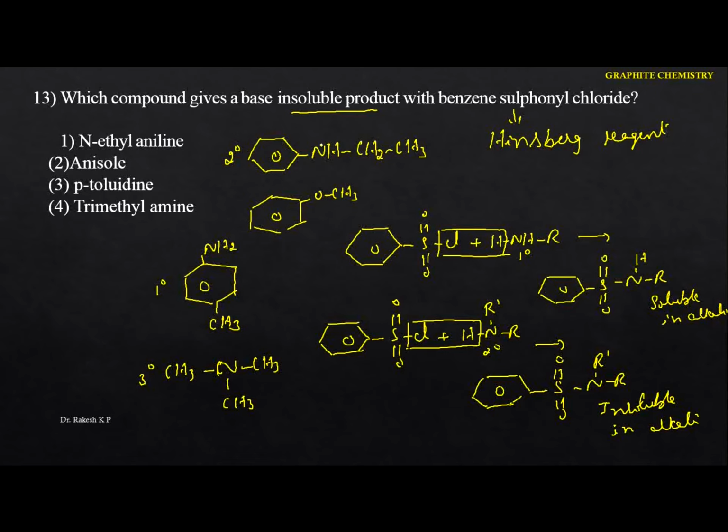In this particular condition, the insoluble product with benzene sulfonyl chloride refers to which one? The secondary amines. And the secondary amine in this case is the first one. So next one,